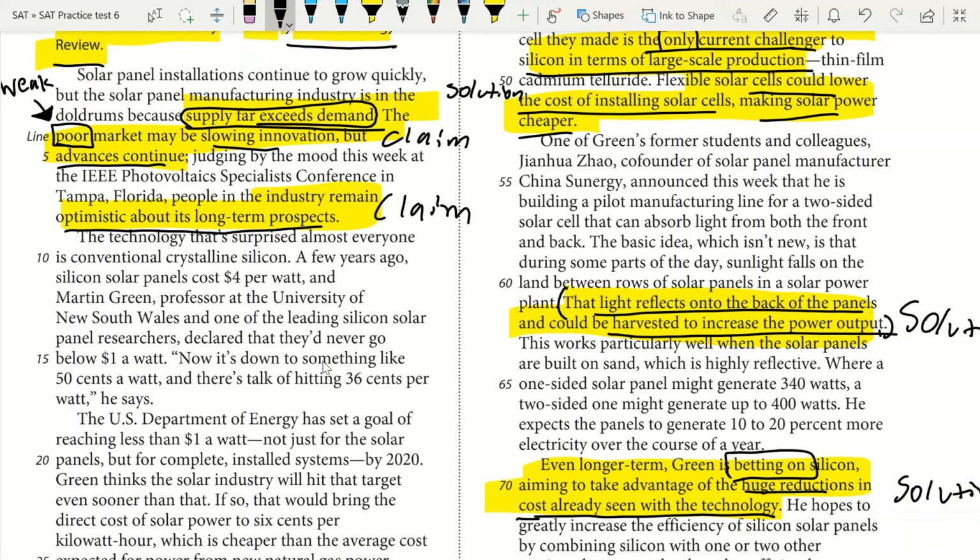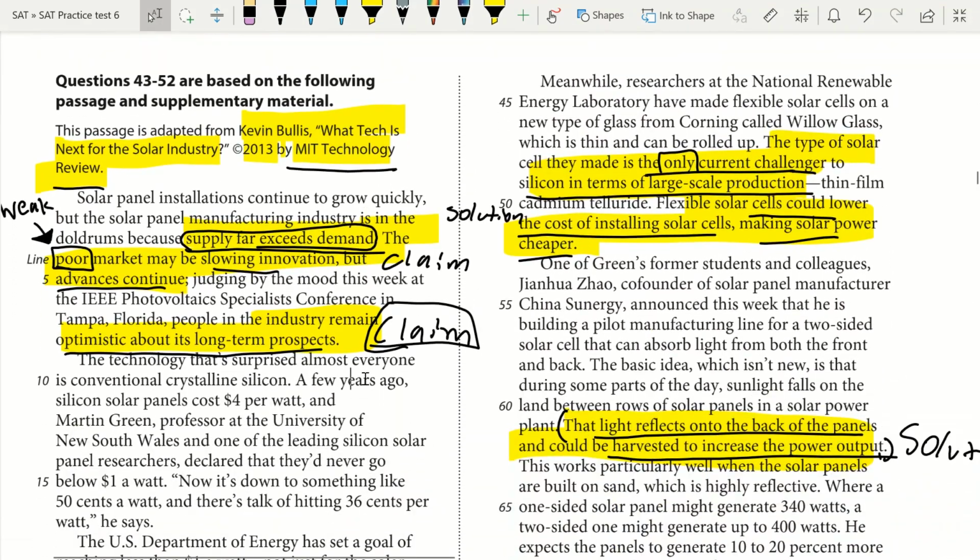That's very, very important. Also, as always, any claims we make, want to make sure we pay attention to those as well, because those give us our direction of the passage, okay? So that's really the big thing with those science sections. Just another thing that I always pay attention to is just where it's published, because that can give me a good idea of kind of what the goal is of the passage and things like that,